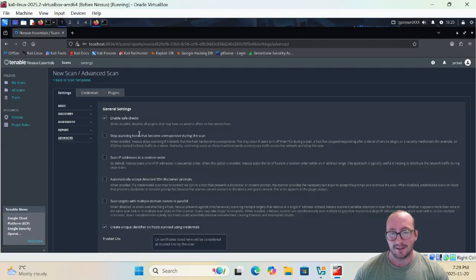If you have a planned time to do these vulnerability checks and it's on the weekend or late at night, it might be okay to uncheck this. You're just going to want to be a little bit more specific on what IP addresses you're actually scanning with these, and make sure that you're monitoring those to make sure that they don't go offline or nothing adverse